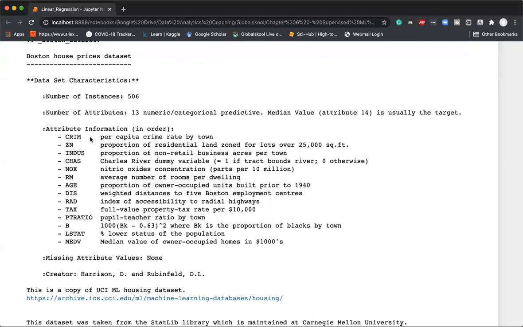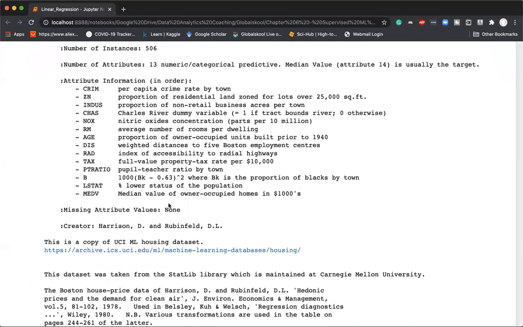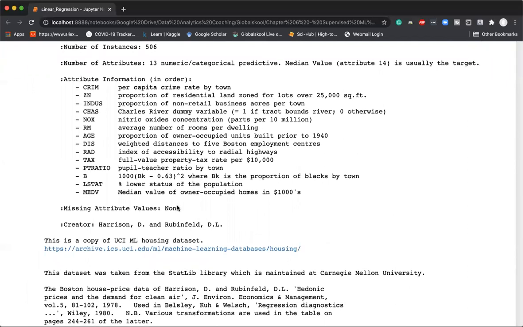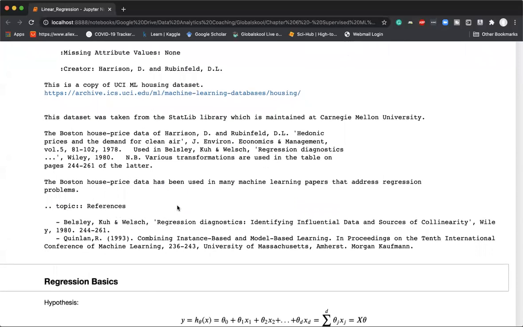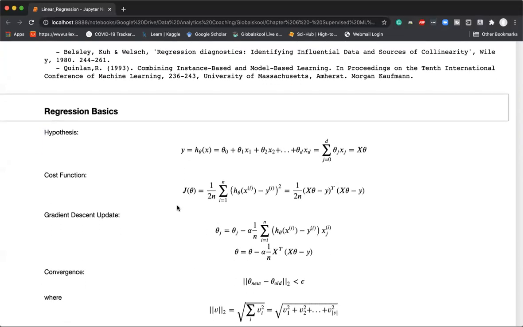Okay. So we've got some data. We see that there are no missing values, which is great, because then, without any pre-processing, at least in this case, we can pass all that data to our algorithm. And let me go ahead. These are some of the